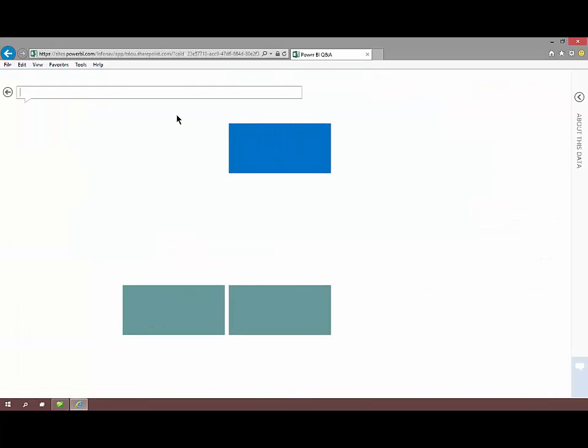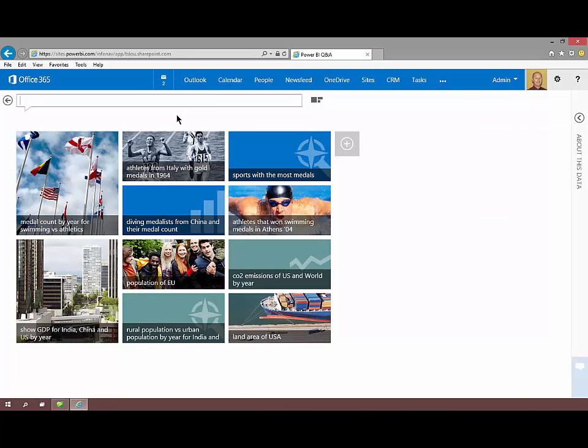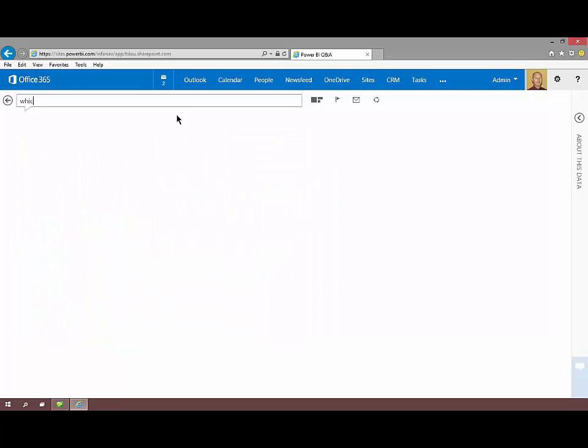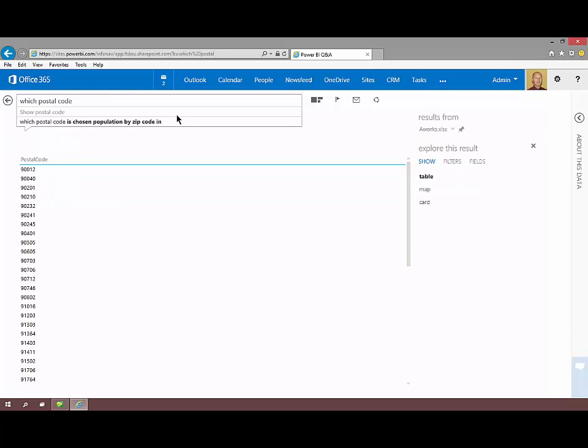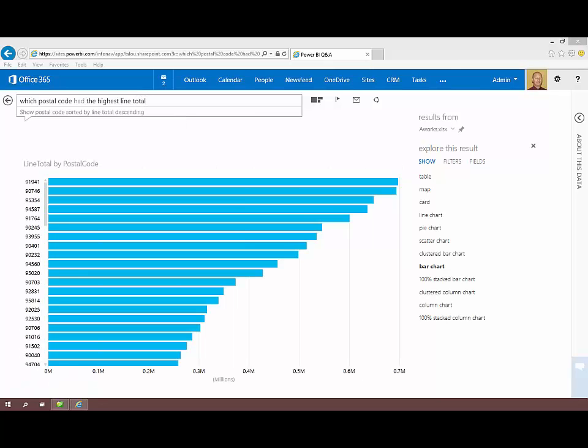And let's see if I say, which postal code had the highest line total. So we see how it immediately generates a nice little bar graph for me by zip code showing me line total. Now if I go of bikes,